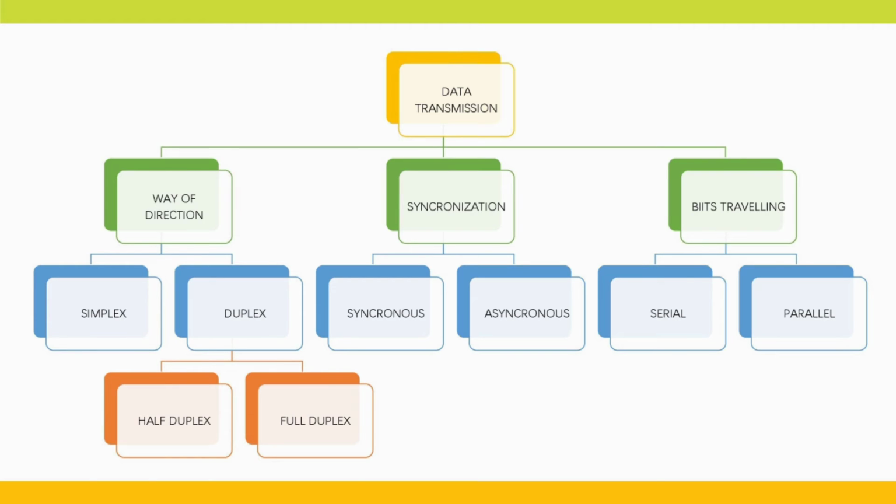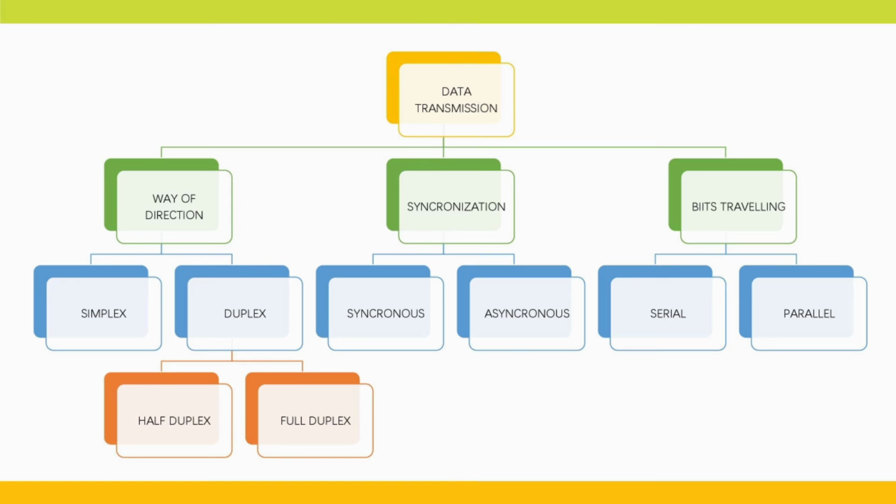Examples are the chipset and RAM. The other part of synchronization between devices is asynchronous transmission. In asynchronous transmission, the clocks of the different devices are different. Like most parts of computers are from different manufacturers, and that's why their clocks are different. So most transmissions in a computer are asynchronous, apart from the CPU, chipset, and RAM.